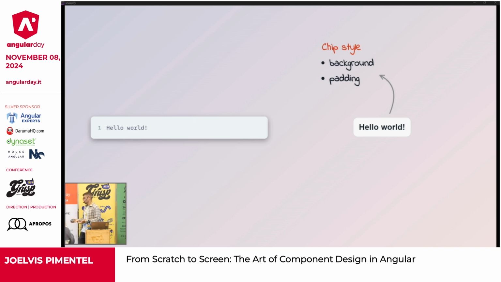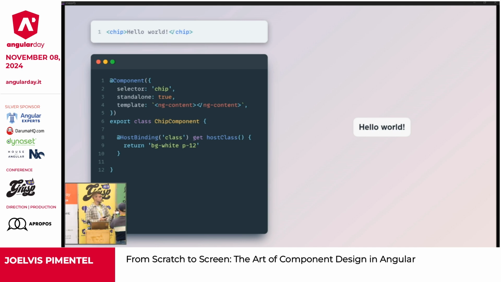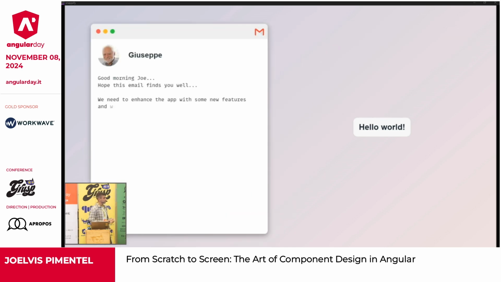We did it with the button. We can just wrap it inside a component. And our component might look like something like this. Very simple. So far, so good. We like it. But okay, see, like we had a new message. Let's see who is this. Oh no. Okay, it's Joseph.